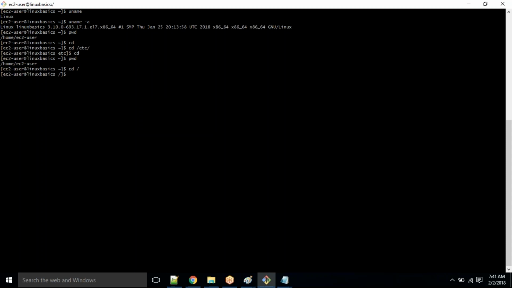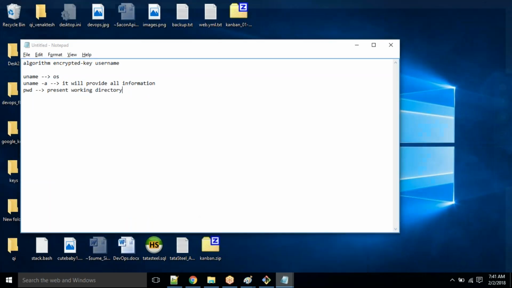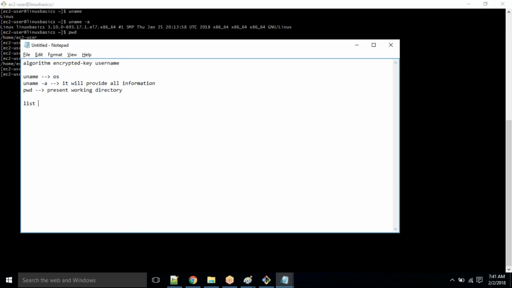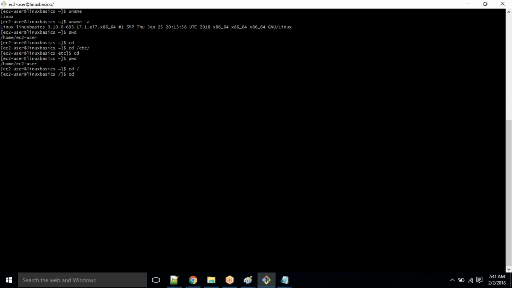The next basic command to learn: if you want to list the files within your directory, the command is ls. It means list subdirectories. Now I will go to my home directory by just giving cd. I'm in the home directory. Now if you give ls,